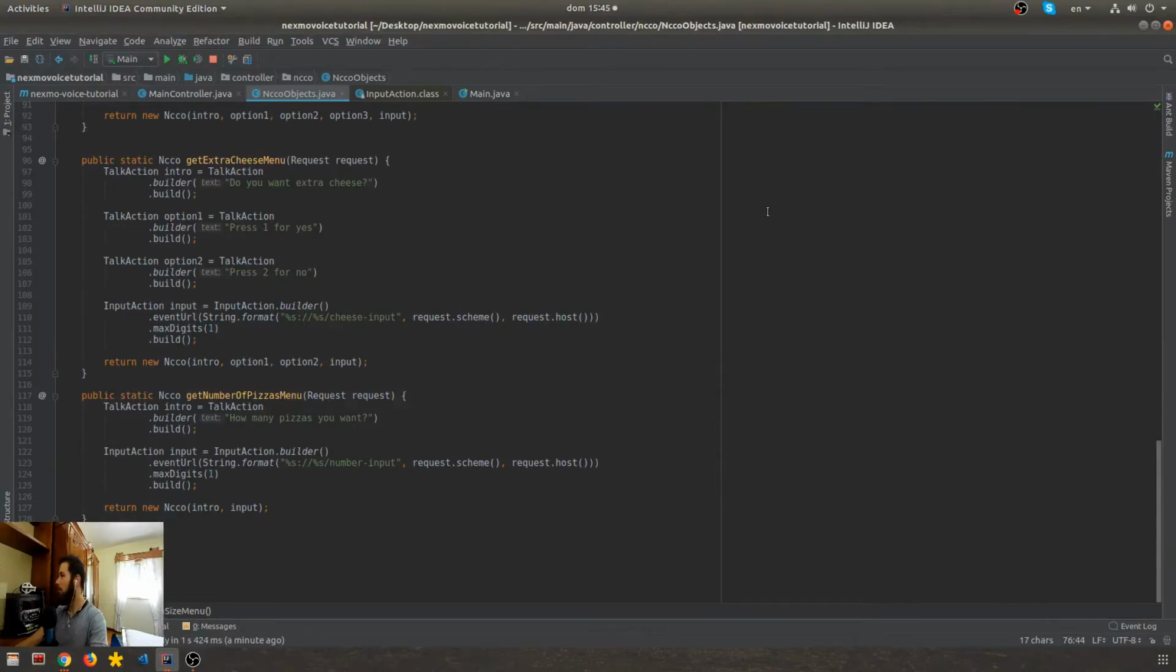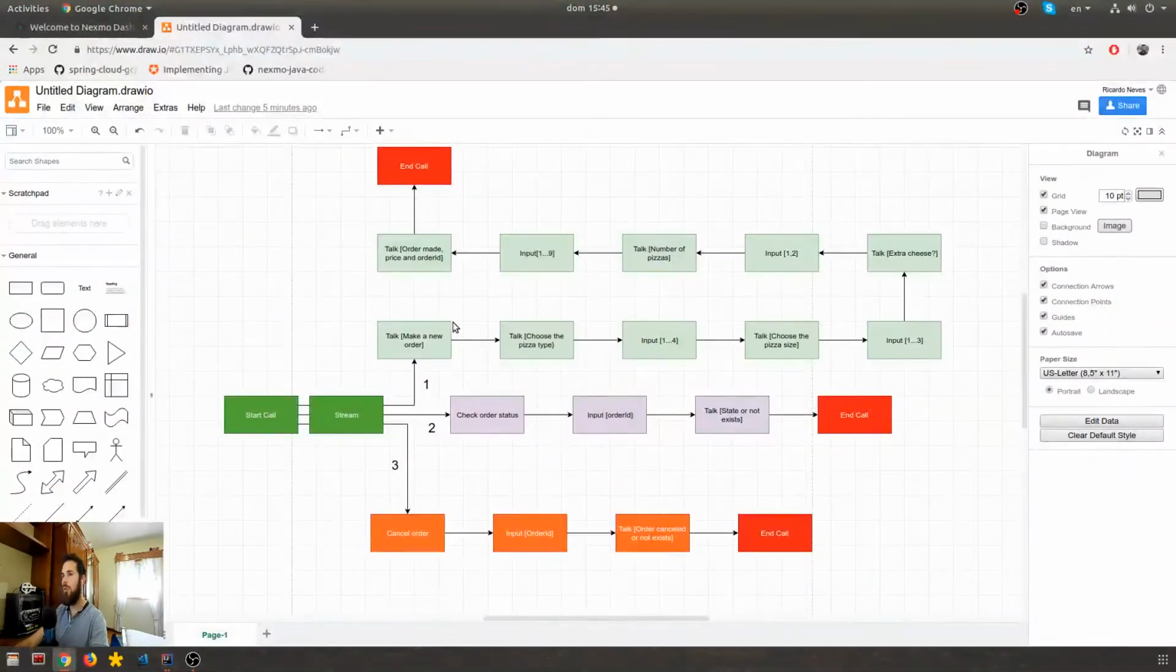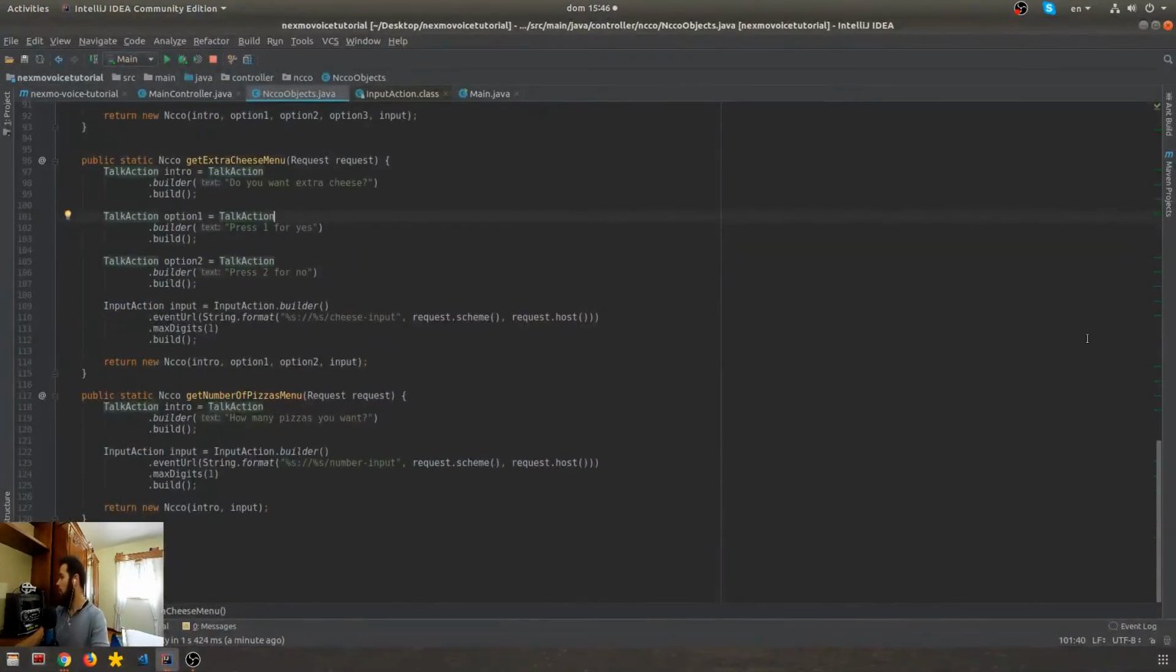Okay. Now we need to build the other paths. So we have built this path. Now we have to build this and this, which will be really simple, right? We have already done the hardest work. So what we need now, when the user presses 2,